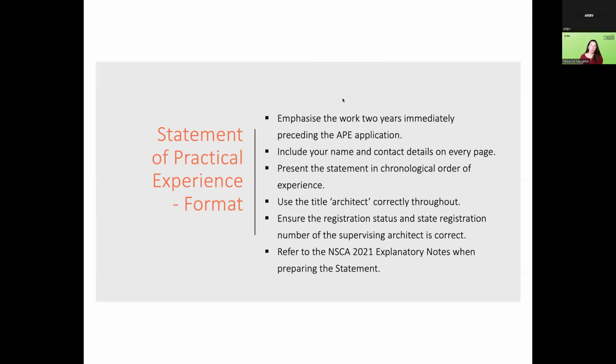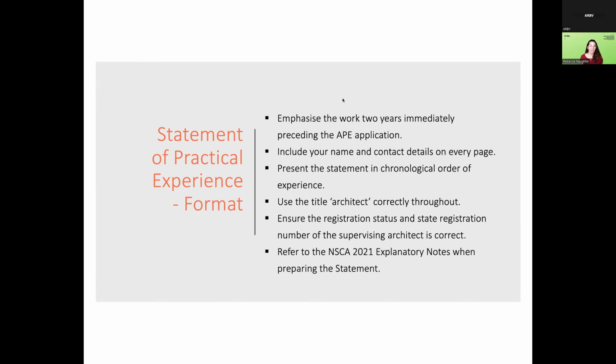You must also have the following in the statement for each project: the project name, location, being the project address, the country, which is the Indigenous country in which the project is located, period, the period the candidate was involved in the project, the area, estimated cost, the building type, for example, single residential, commercial, hospital, primary school, construction methodology, for example, timber or lightweight framing, CFC cladding, masonry, the supervising architect, the procurement method, for example, design and construct, fully documented fixed lump sum, ABIC contract or cost plus,